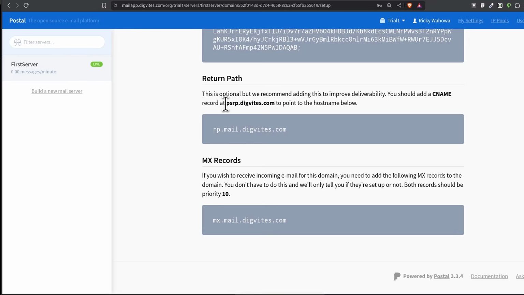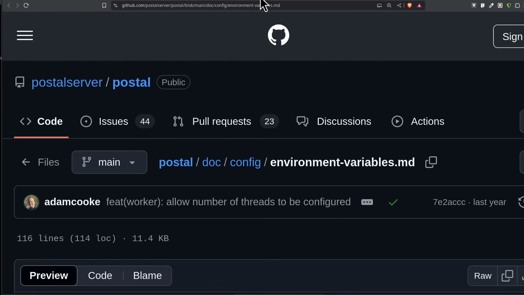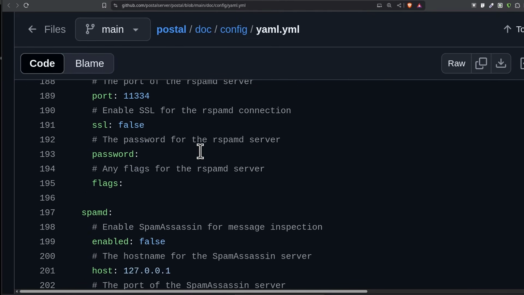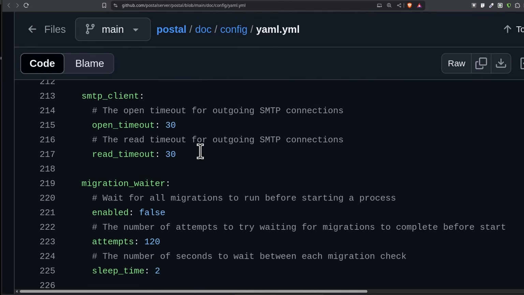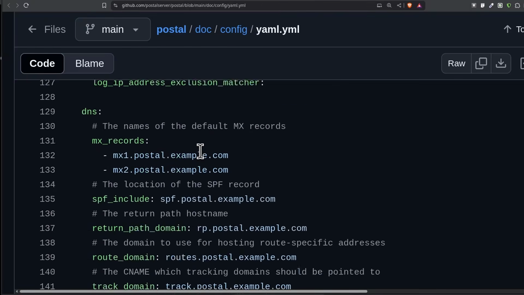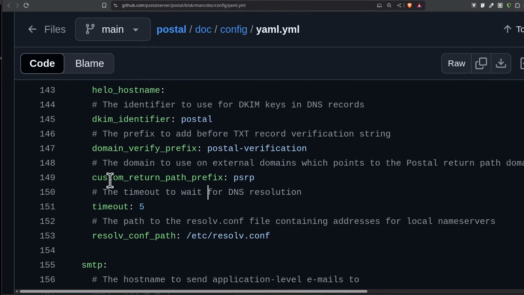So this PSRP is what I was telling you. If you don't want it to be like that, the return path, if you come here under configuration, there is something to do with, where is it? Under DNS. Are we under DNS? Okay, under DNS, you can change the custom return path.